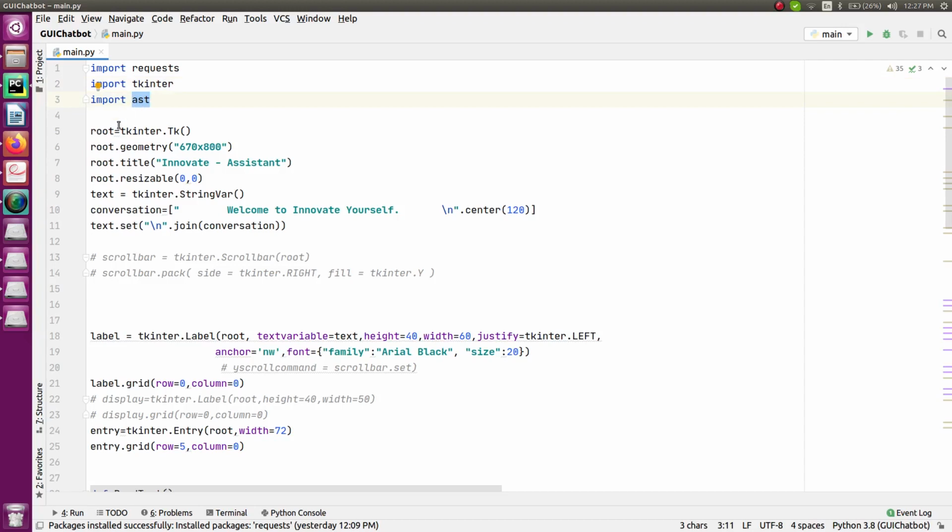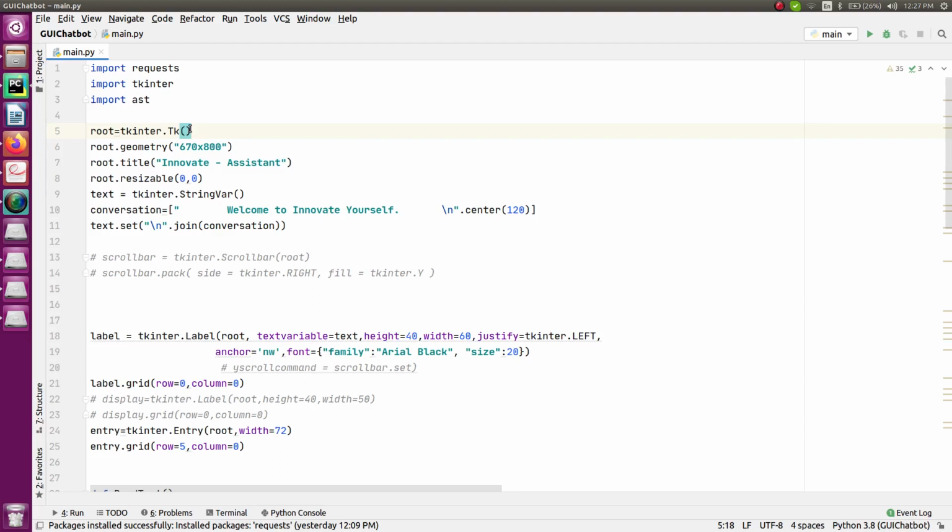After that, you can see what I'm doing is I am creating an object with respect to Tkinter. So Tkinter.Tk will create a window on which you want to display all your widgets. And widgets can be anything. That can be a button, a label, a text box, an entry, anything. So there are different widgets that you can add.